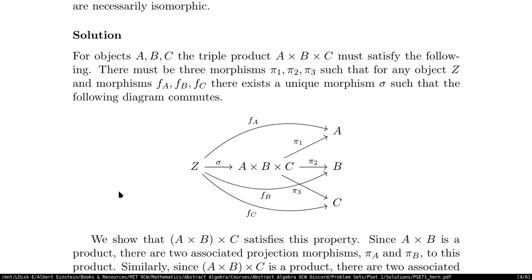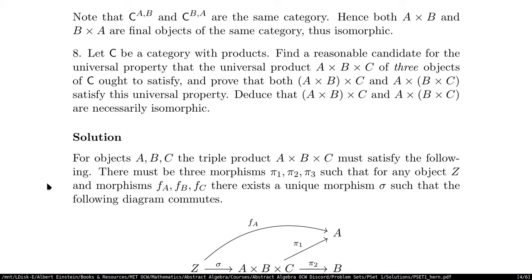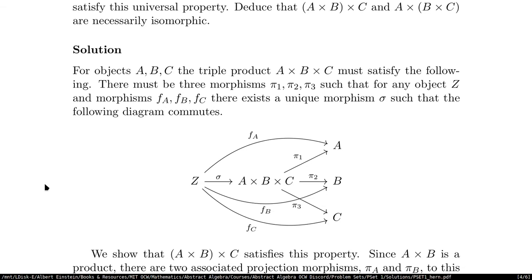Then you take any object Z, and you will have morphisms onto A, B, and C. Then you will have a morphism sigma from Z onto the triple product, and this is what Aluffi does on page 36, of course. So if the triple product satisfies this, then it's